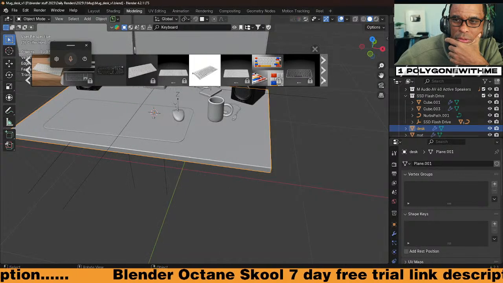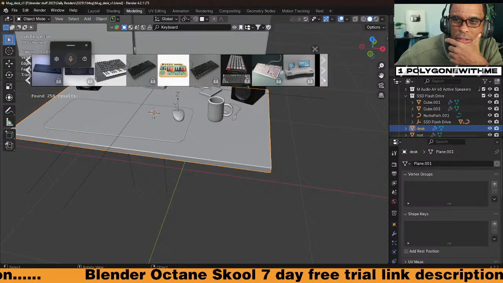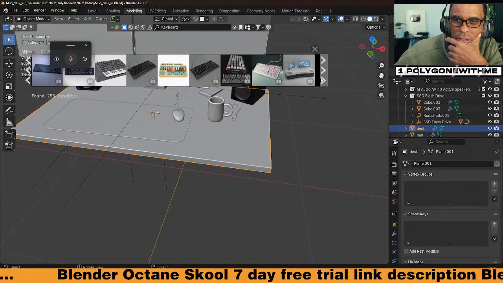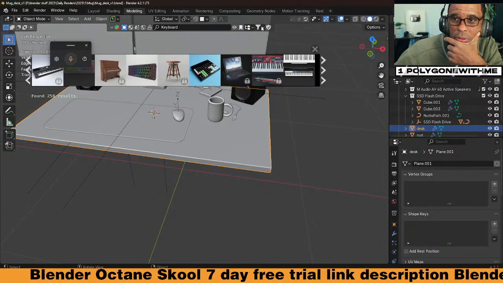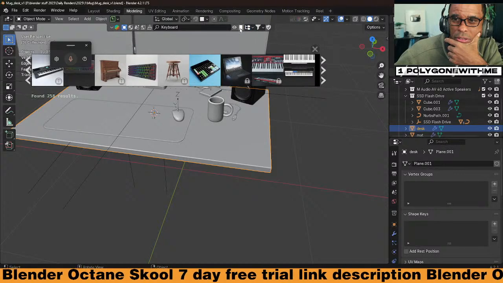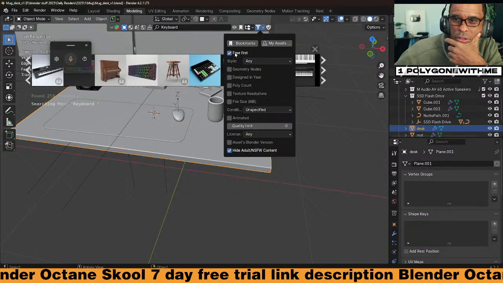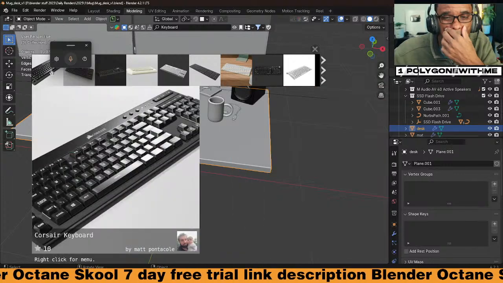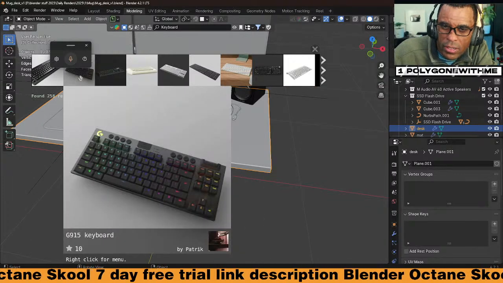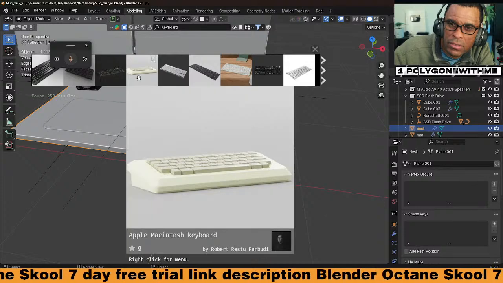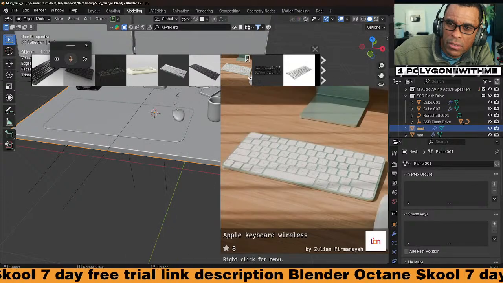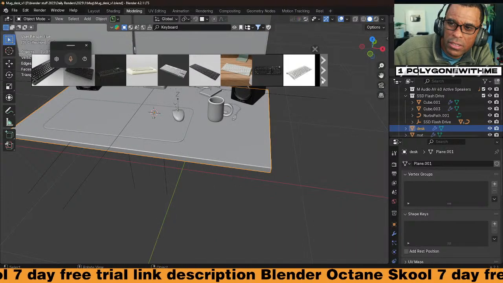That's pretty cool. I think I like that Logitech one. Oh, you know what? I can sort by free, can't I? How do I sort by free so I don't have to do that? Oh, first free. There we go. Oh, that one's free. Let's do that one. Should I do the Logitech or should I do the Blender keyboard?